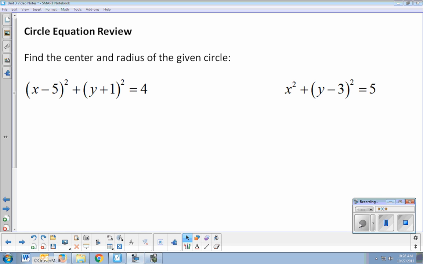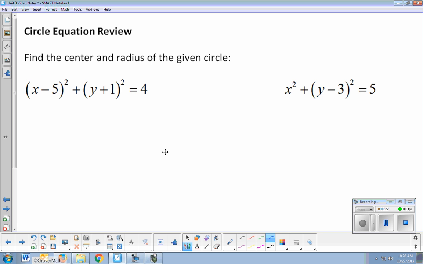Algebra 2, Common Core, Circle Equation Review. This is really geometry topics that you learned last year, but things that you really are expected to know. So that's why we're taking a minute and pausing from Algebra 2 and going back and doing a little geometry review on circle equations, because you're going to need this info for what we're doing next level in